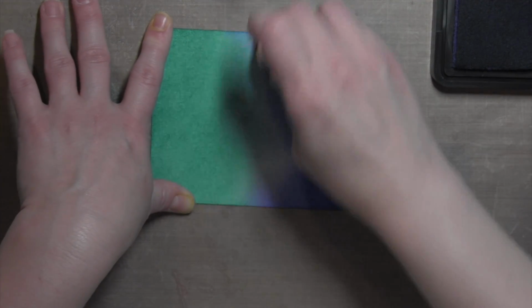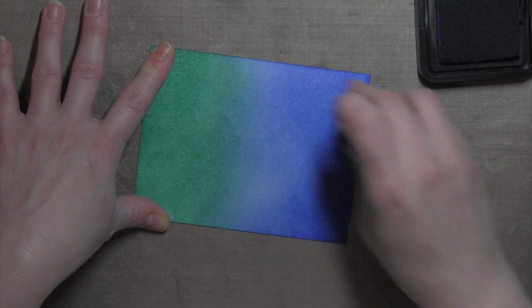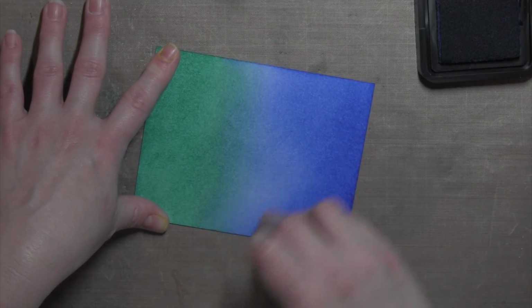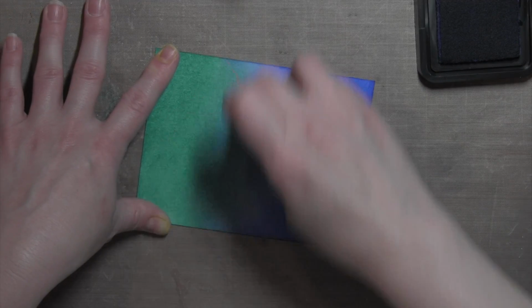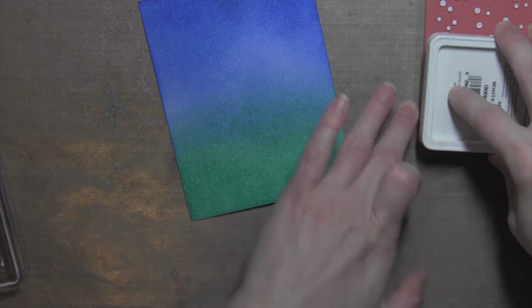I'm going to go ahead and go back with my Blueprint Sketch Distress ink now and blend that into the peacock feathers really well. I want it to be a pretty seamless transition between the two colors, so I'm overlapping here a little bit. Once I have those inks nice and blended, I am going to ink up the Simon